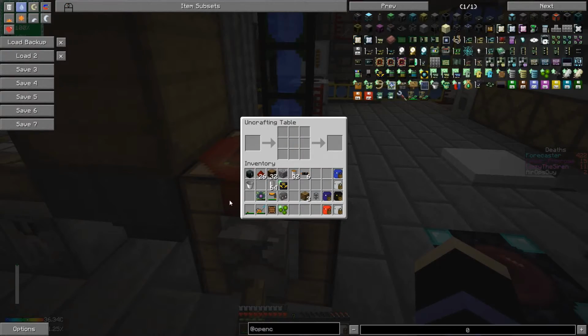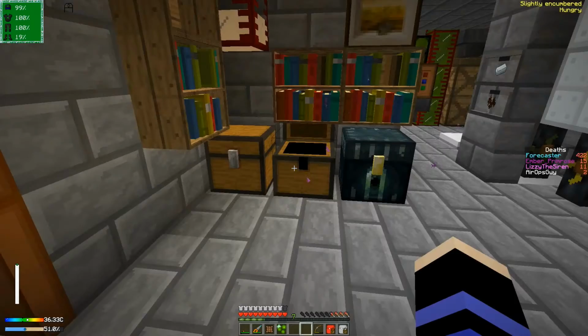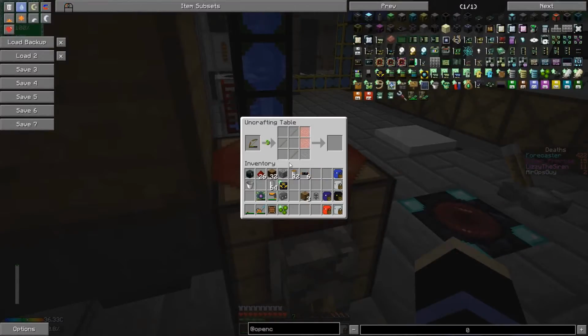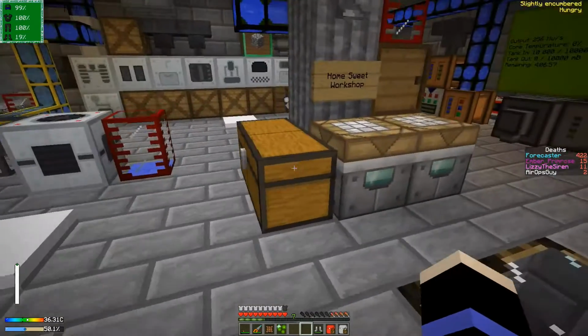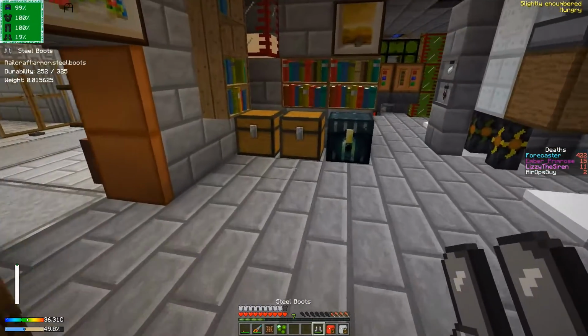Now, if you put in something that is damaged, like this bow, for example, if we were to put this in here, you can see that because it's not completely repaired, these two components are unavailable. So if I disassemble this, I won't be getting these 2 pieces of string back unless I repair the bow completely somehow. And the same thing with a pair of steel boots. It's missing one of the steel pieces. And that, of course, is a balancing mechanic,